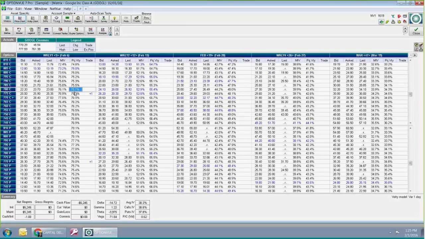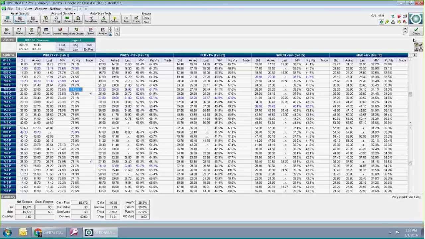And that's what you can look at to see what the current volatility skew is. You can still see it, and you can see there can be a slight difference between the MIV and the projected volatility, because projected volatility is what the best fit volatility skew curve is. But as you can see, especially on something like Google, there's going to be virtually no difference, especially around the money, a point or two. So if you're interested in seeing what the vol is of that option at that time, I suggest looking at projected volatility.